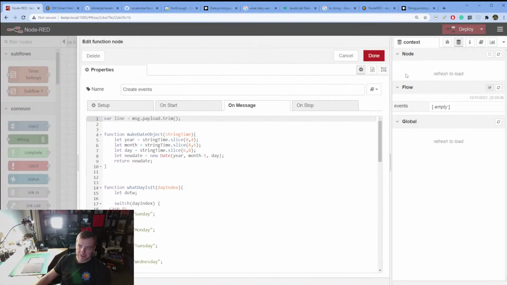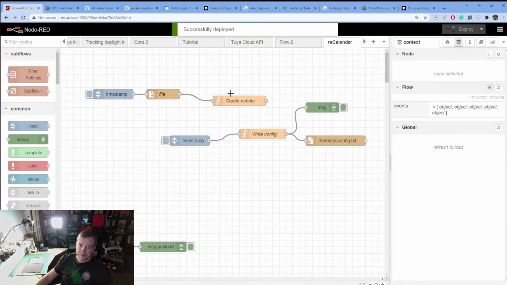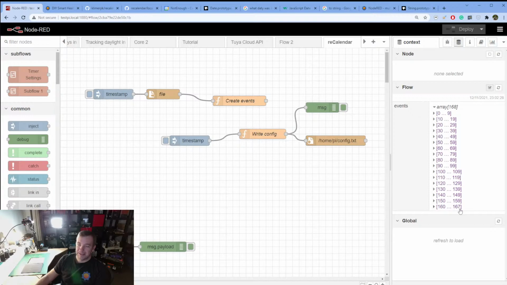Maybe let's make sure there's nothing in here, right? Okay, that's probably generated a lot of. Yeah, see, 167 entries. So now when I run the config,